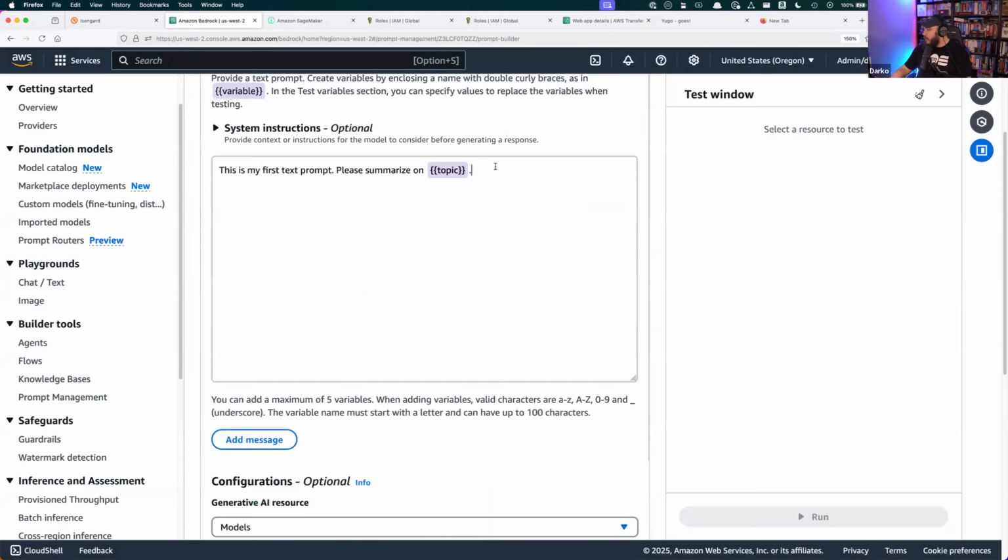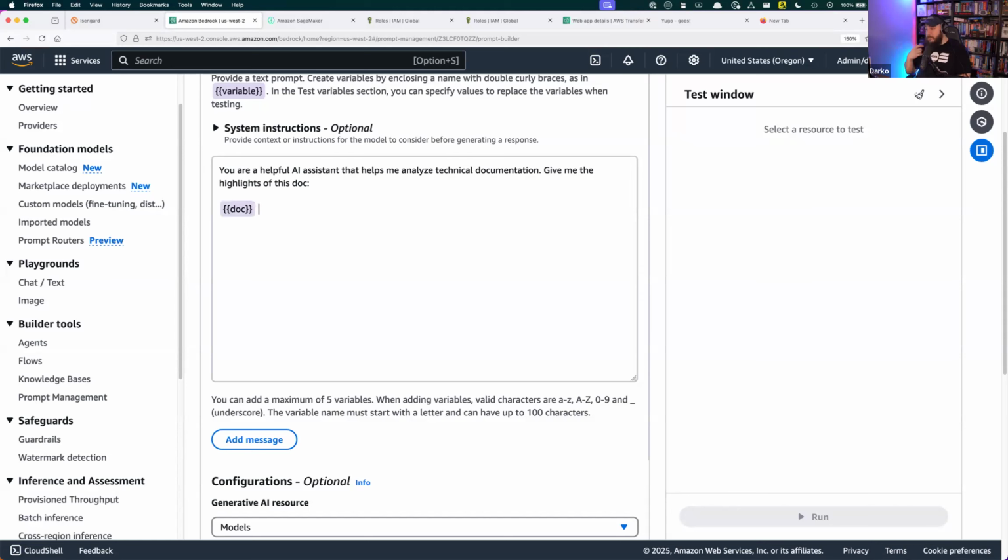I'm going to create the prompt and say: you are a helpful assistant that helps me analyze technical documentation. Give me the highlights of this doc, and then doc, right?